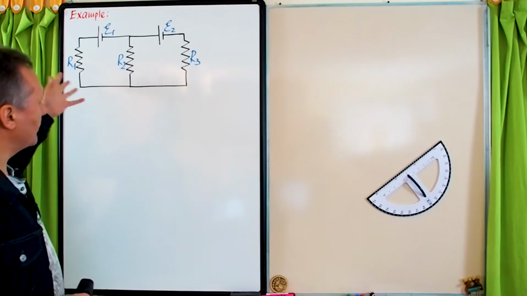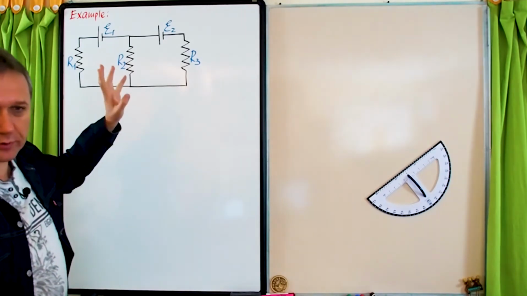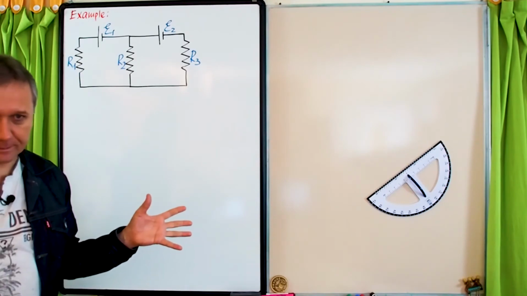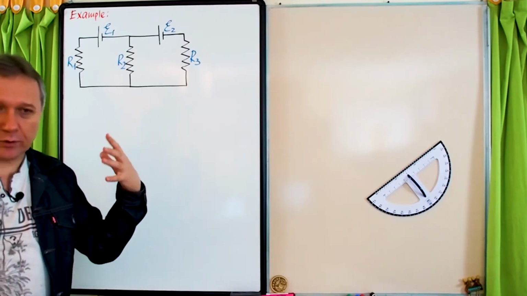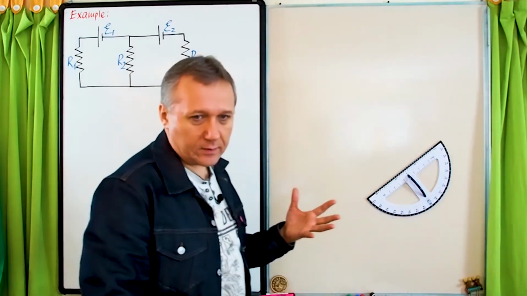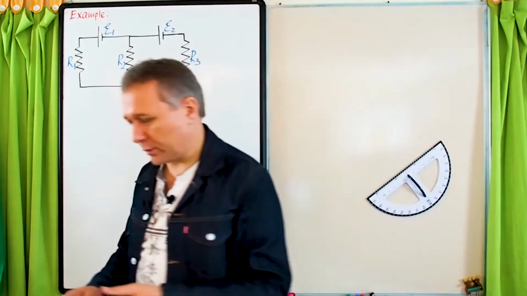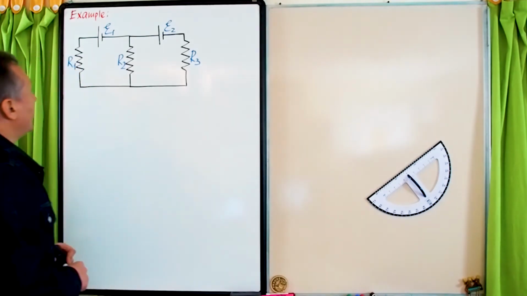Although they look like a parallel, this junction point ruins everything, right? So none of them are connected in series or in parallel. It means that we cannot use the method of equivalent resistance, so we have to use Kirchhoff rules, right? Kirchhoff rules. All right, and